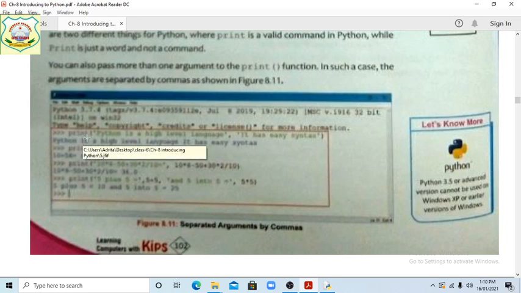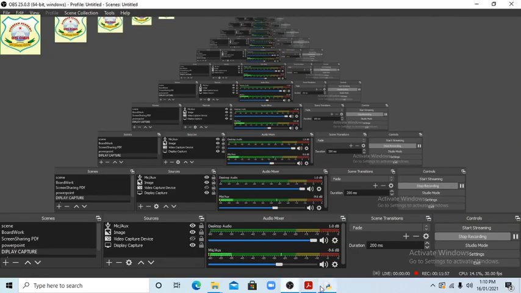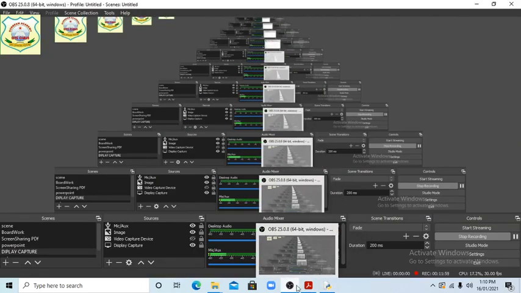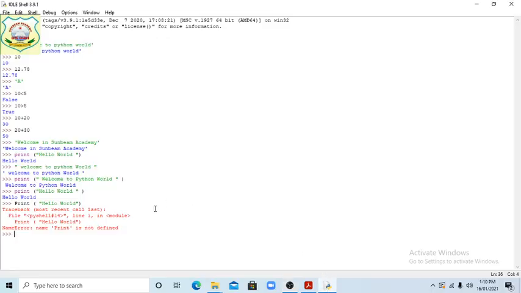So I am also writing it, students. Print Python is a high level language.